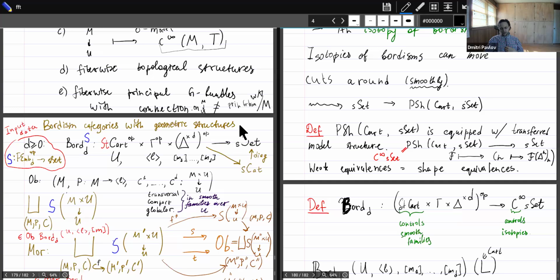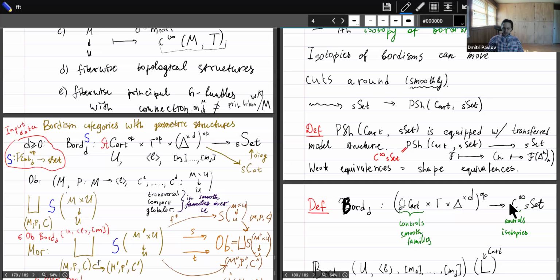Strictly speaking, this is not absolutely necessary, but it does make it more clear, I would say, what's going on. We need to replace simplicial sets, this model category of simplicial sets equipped with the Kan-Quillen model structure, with the model category of smooth simplicial sets,